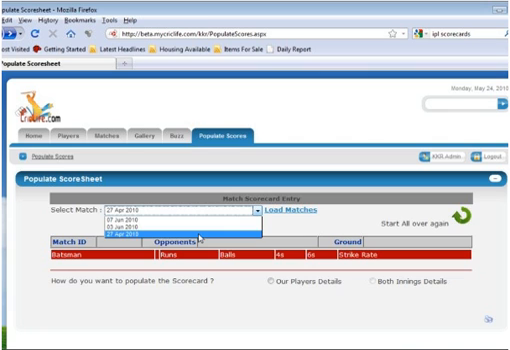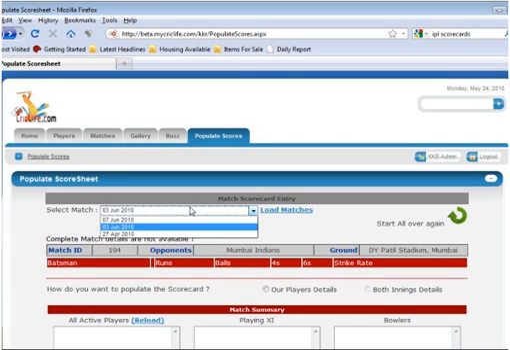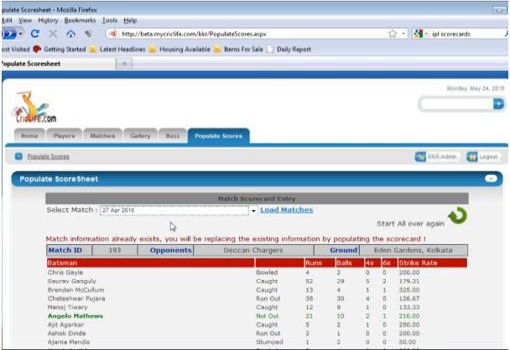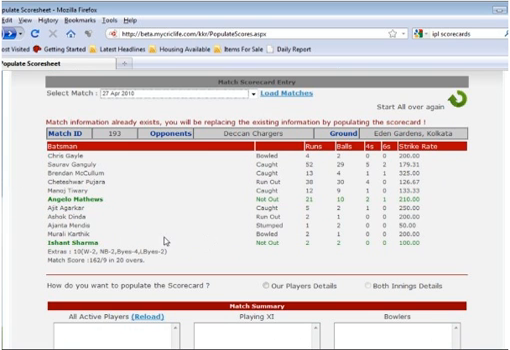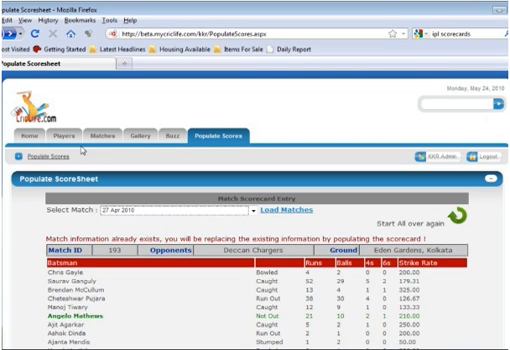And if I select the match that we've just populated the scorecard for, let me just check one match and come back to it. That's 27th April. Now it says that the match information already exists, and you will be replacing the existing information by populating the scorecard. And if I go to the matches tab, I can see that